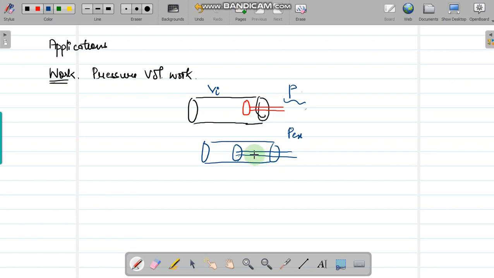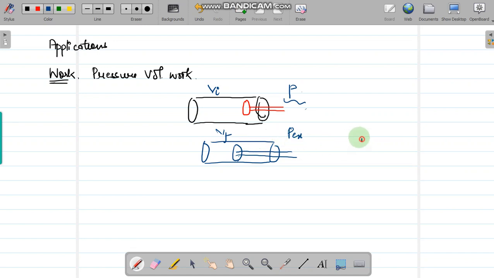The piston is going to move in the inward direction till the pressure inside becomes equal to Px, meaning these two pressures become equal. So we achieve the final volume Vf. Now during this compression, when you are putting an external pressure,